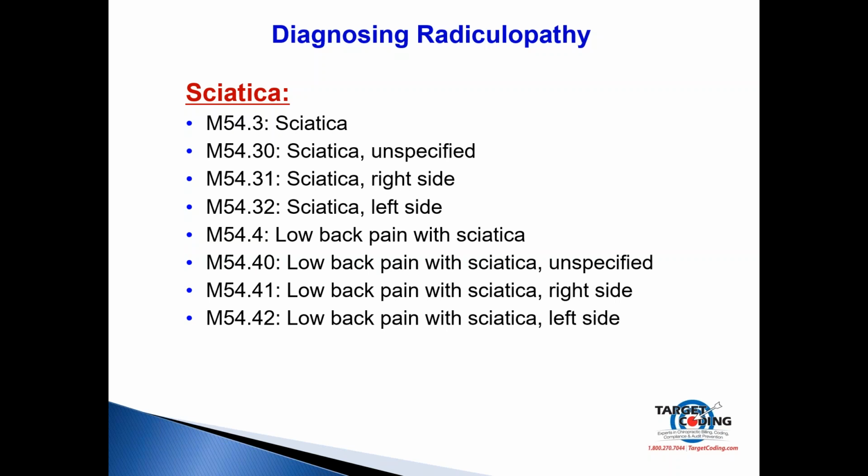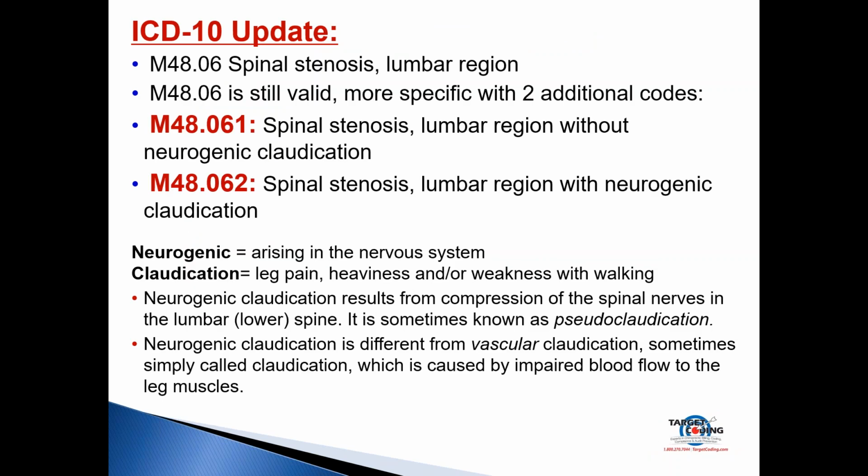Now, as I mentioned, October 1st is the official day of every year where the new codes become effective. It was the same with ICD-9. Not sure why it's October 1st versus January 1st, like the other codes are. So this past October 1st, 2017, the updates came out. There were about 350 changes, 150 new codes, about 200 deletions. So I reviewed this list to see how these changes would affect the typical chiropractor in a typical chiropractic practice, and guess what? I came up with very few. Most of the updates related to medical services,